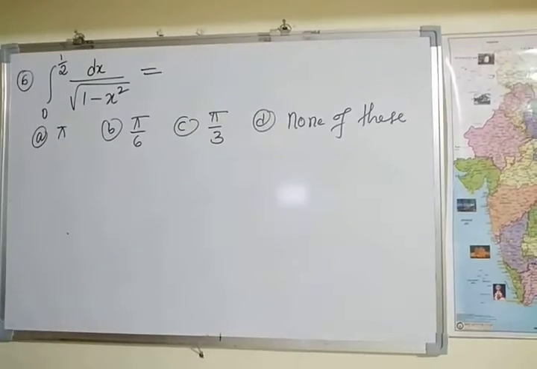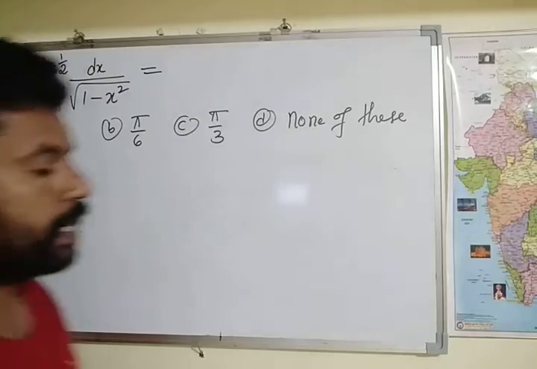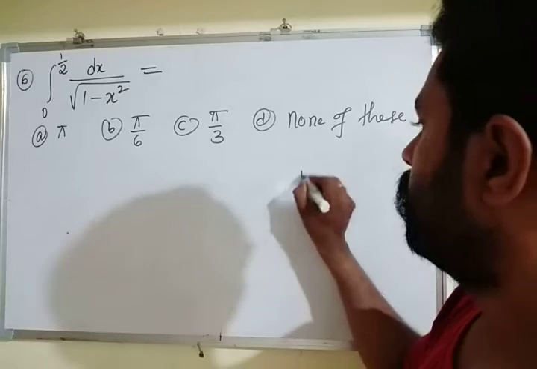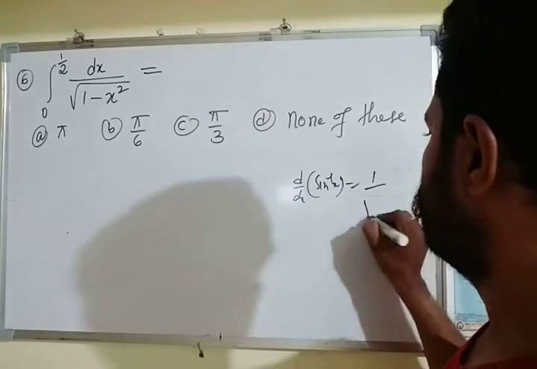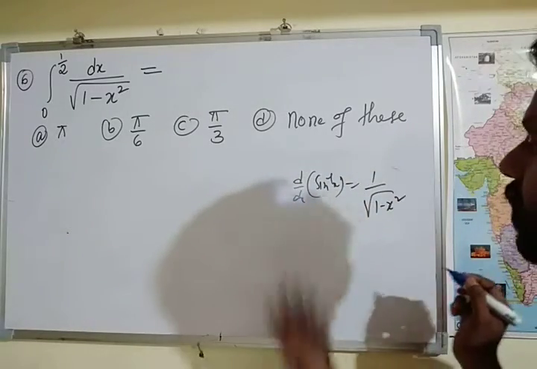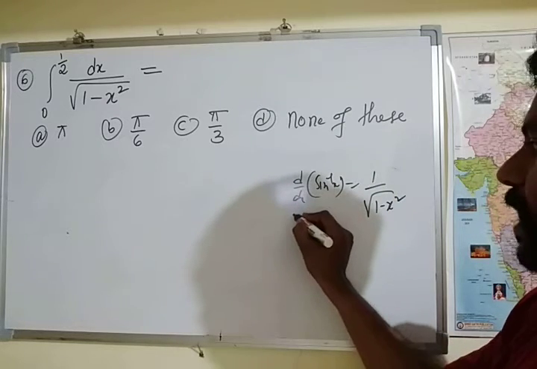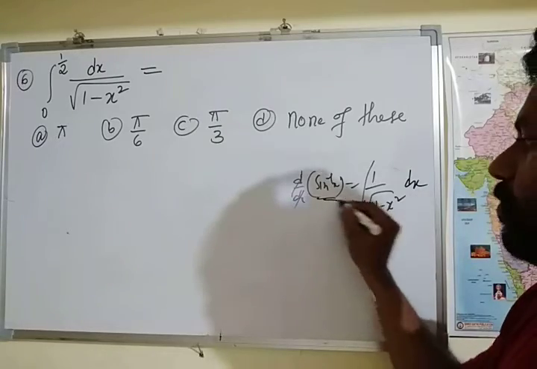See, here we have integral of 0 to 1 by 2 dx divided by root of 1 minus x square. We know the direct results. Derivative of sin inverse x is 1 by root of 1 minus x square. We know this result directly. We can use this result 1 by root of 1 minus x square. Now here integral of this result, inverse process. Integral of this result, what happens? Derivative d by dx is cancelled. Integral of this term is equals to, we get sin inverse of x result.